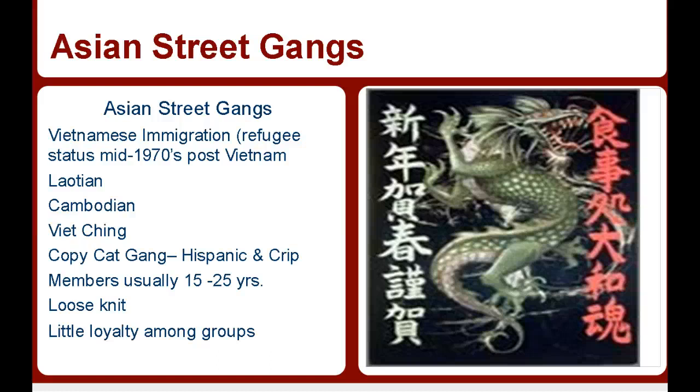And somewhat of a copycat, but they're different. They're loose-knit. There's not much loyalty among groups. I mean, they'll even take on names of Crips and Bloods and so on and so forth, but they operate a lot differently than your Hispanic and African-American gangs. They're a little bit more involved in white-collar style crime. They are violent, but